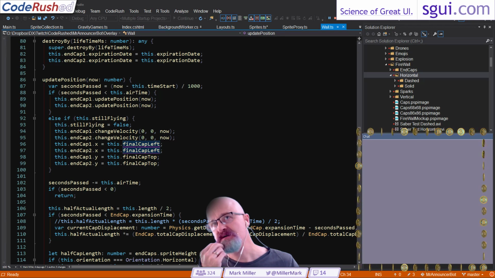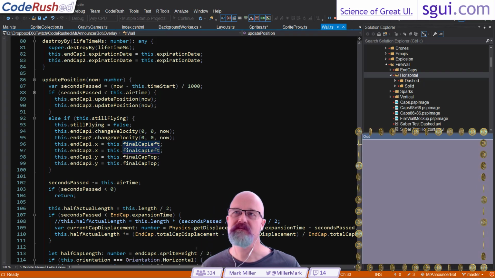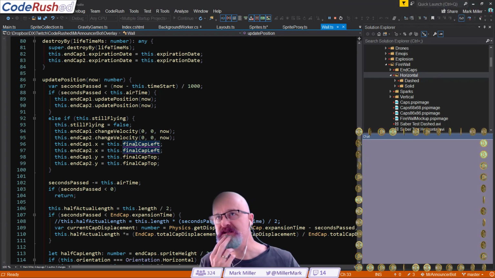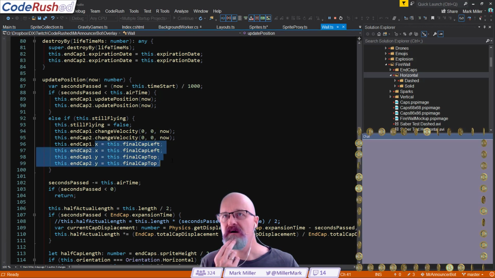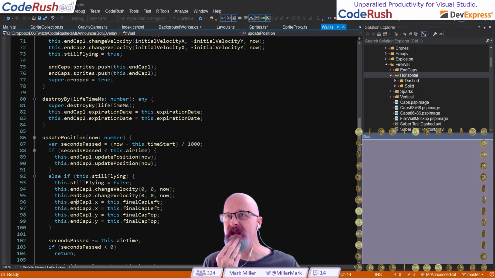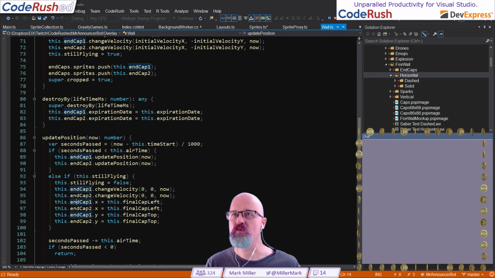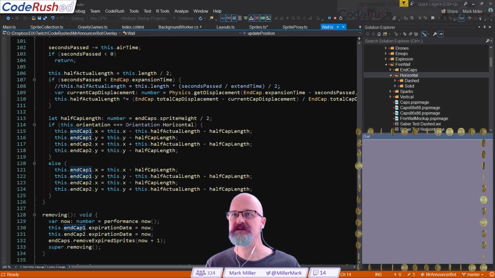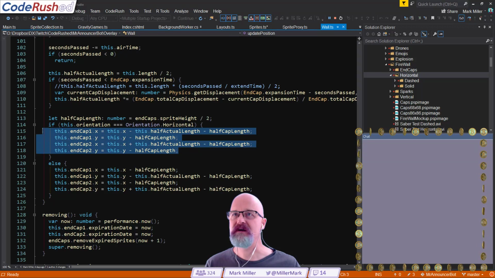Yeah, okay. So the final here is where we've positioned it. This is essentially the center of the wall. The actual center is between end cap 1 and end cap 2, wherever they are, because later those expand and they eventually reach